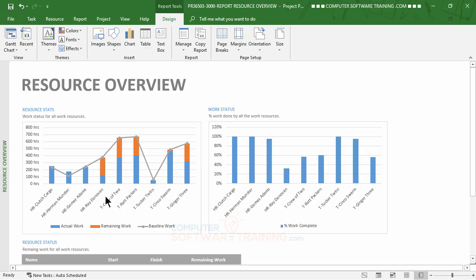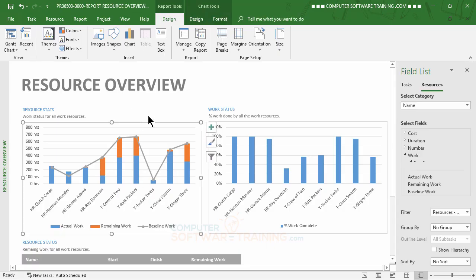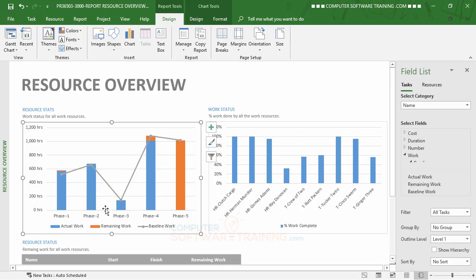And what we can do with this, though, this is geared towards the resources. Now, if I click onto the graph here, if you know anything about pivot tables, this is basically a pivot chart that's been developed here. You can tell that because you get the little pivot table panel off to the side there. You'll notice it's set for resources right now. I can click over here onto tasks, and that flips it to tasks. Now we're looking at the different phases that we've got, the 5 phases,